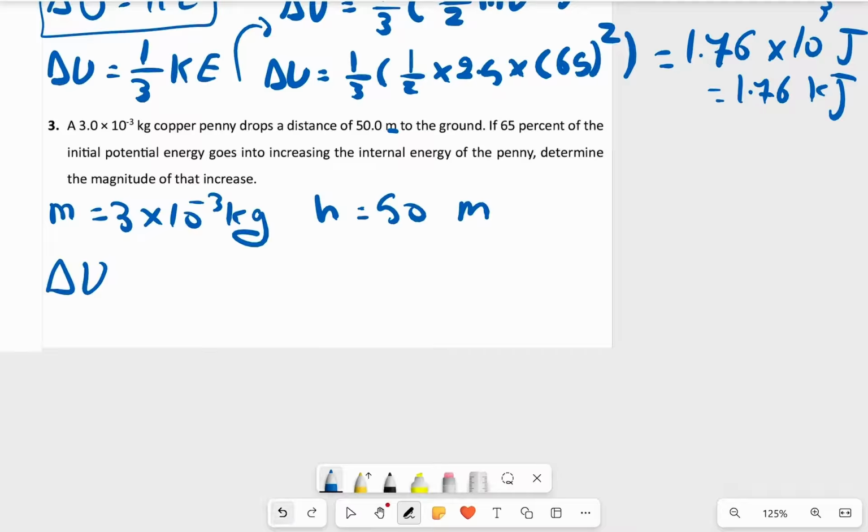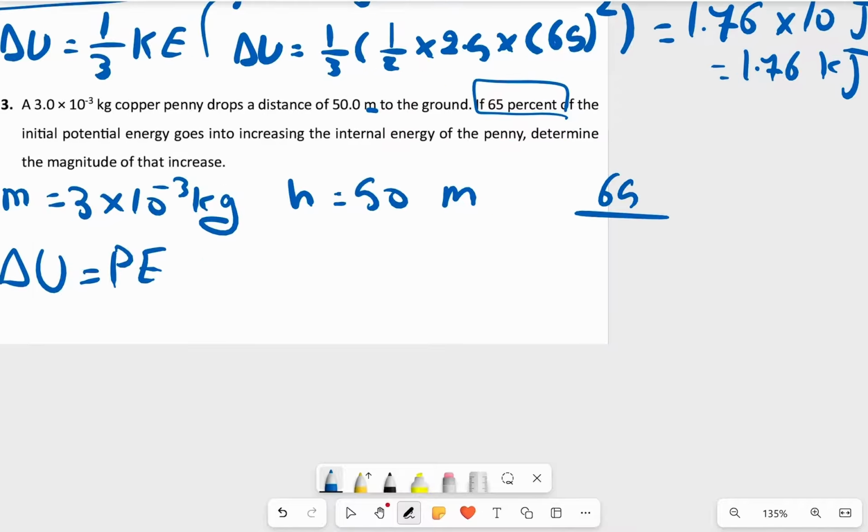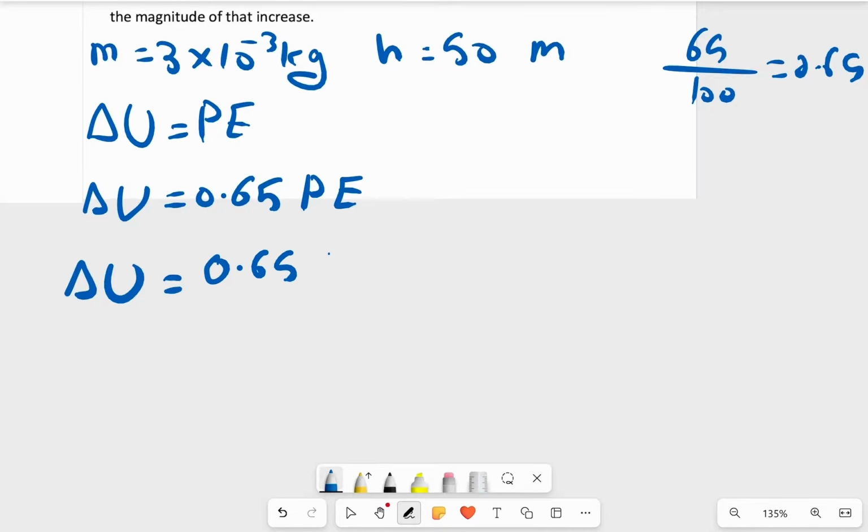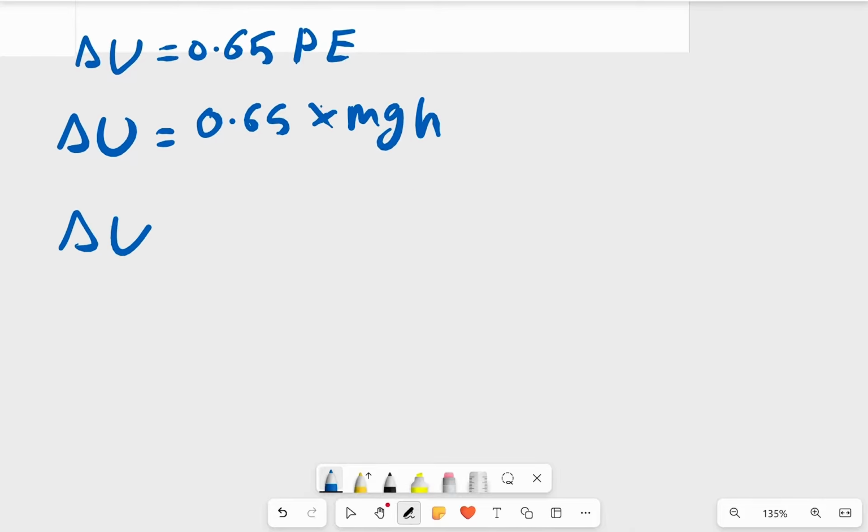Delta U is equal to PE. Guys, we have something else again. It says 60% of the initial energy goes, so you should divide 60 by 100 and you get 0.6. Then you can say delta U is equal to 0.6 PE. Then PE was equal to mgh. Now delta U will be